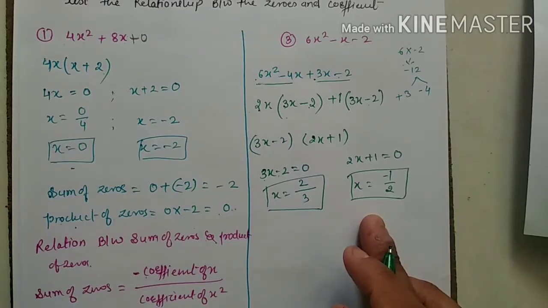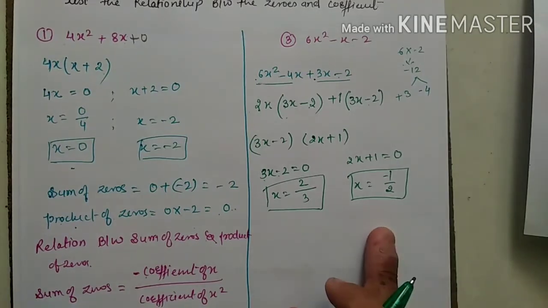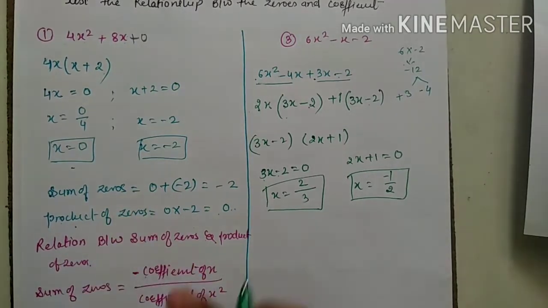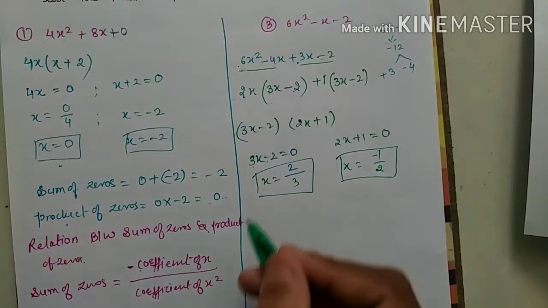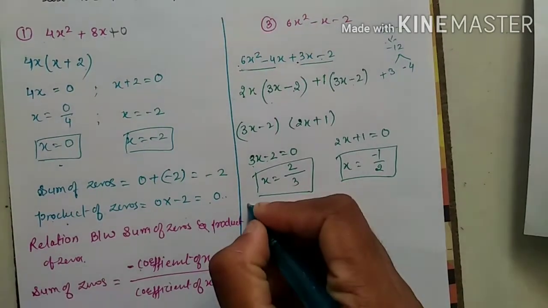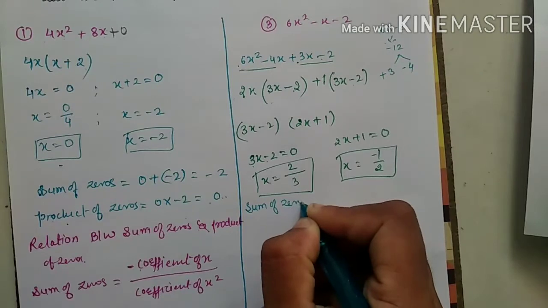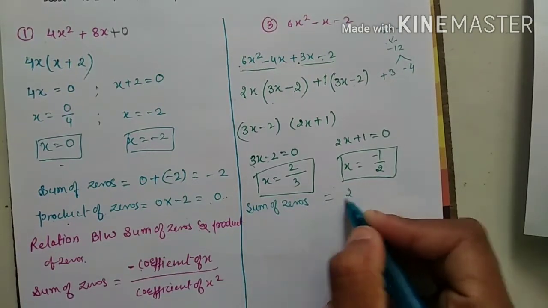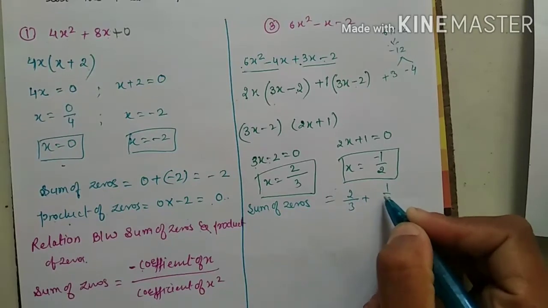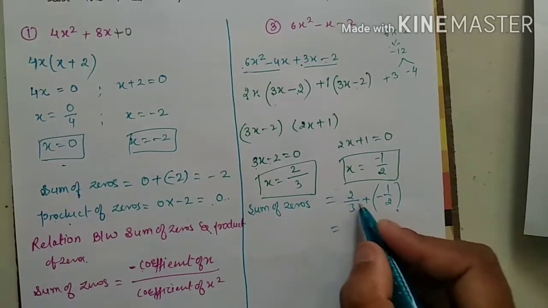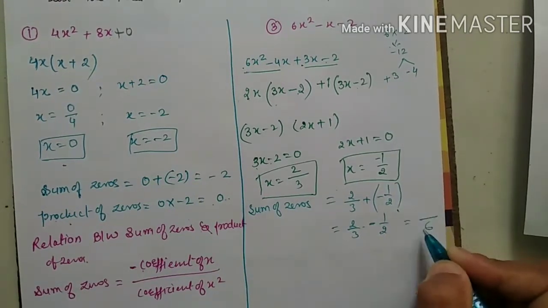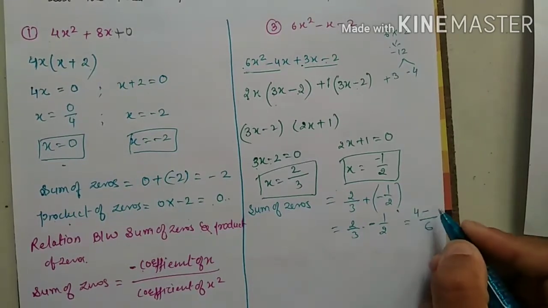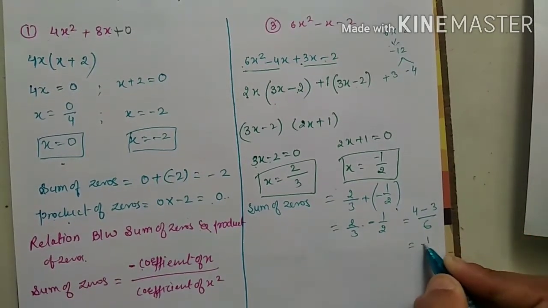Is it clear? Correct or not? Yes. Now come to the next. You are getting your zeros of polynomial. Now check. You can check directly like this or you can check like this. So I am going with the relation, more better. Okay. So I am writing first what I am getting by sum of zeros. If I add this, sum of zeros, it means 2 by 3 plus 1 by 2, which one is negative. Add it, what you are getting? 2 by 3 plus minus 1 by 2. LCM is 6. So what I am getting? 4 minus 3. It means 1 by 6.